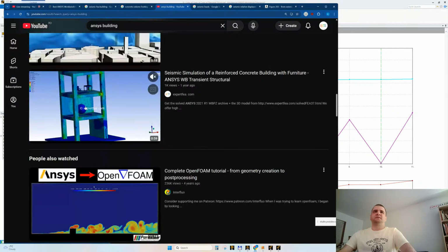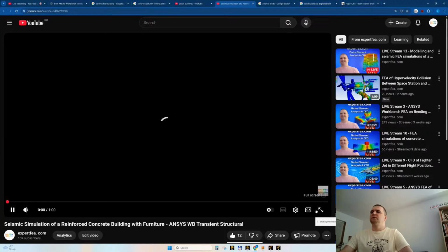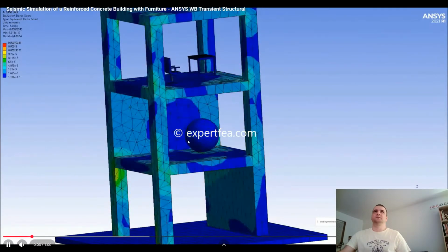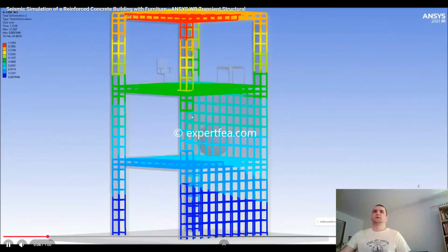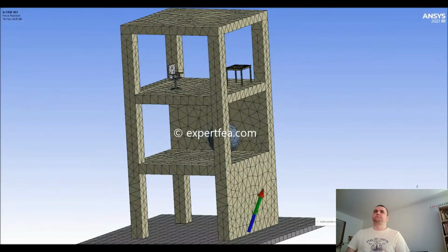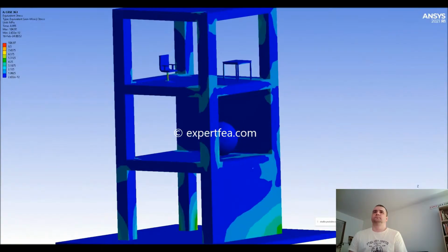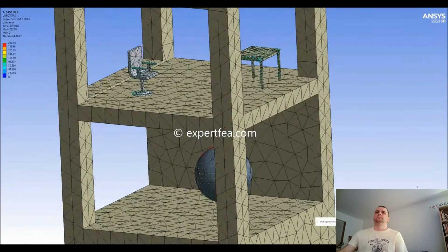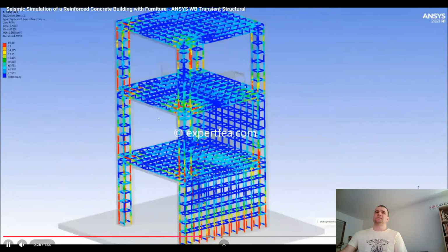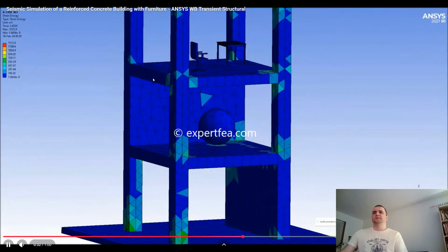All right, this is interesting. Even though it's mine, I will show it to you just to see how it behaves with the seismic cloud. And this is a reinforced concrete. These furniture objects, they give so many problems. They stopped the FEA. Yeah, I know it's a coarse mesh, but